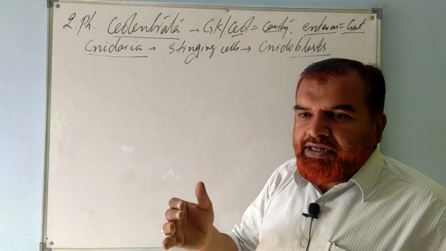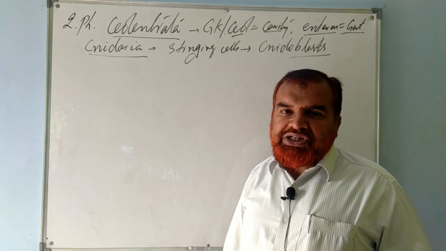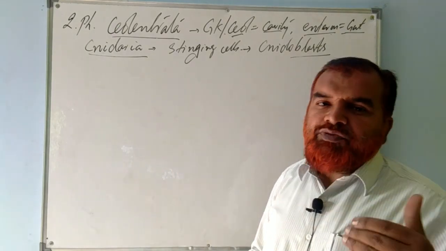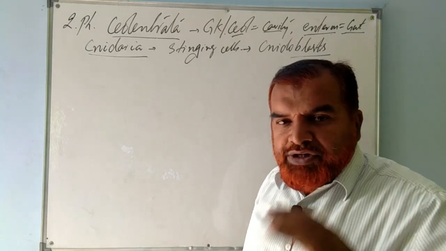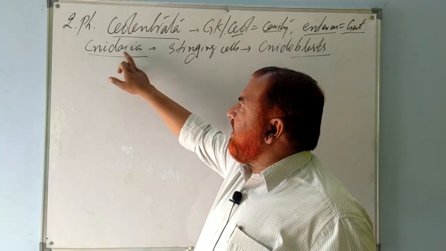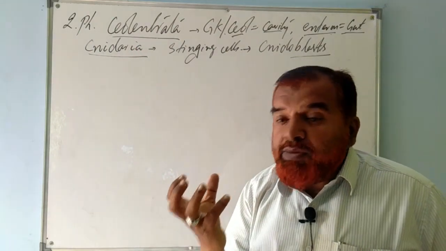Coelenterata. Later, it was found out that these animals possess one more special characteristic, because Coelenterata is of course a body cavity, and other animals also have a body cavity. So in order to differentiate, the new name was given as Cnidaria. What do you mean by Cnidaria? The animals which have cnidoblasts,